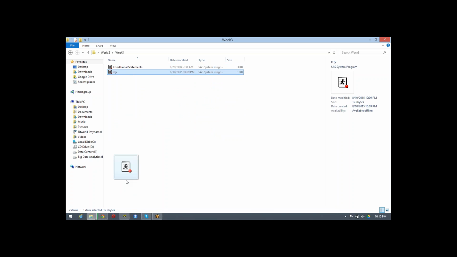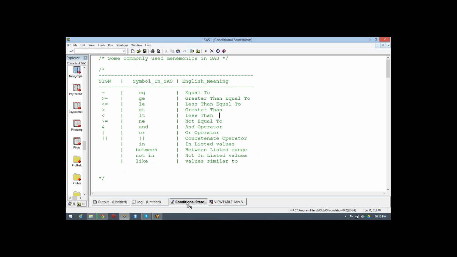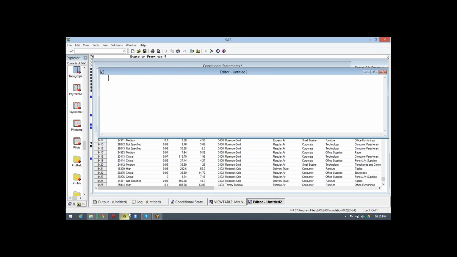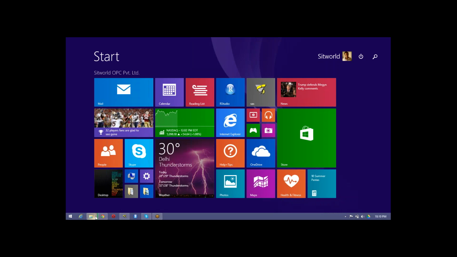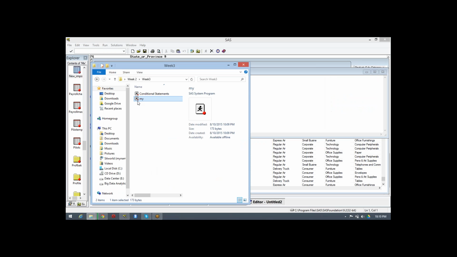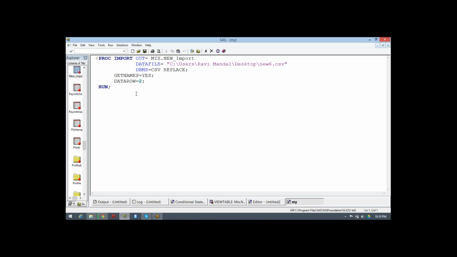This was the code they use in the backend while importing a file, same as what we learned previously.